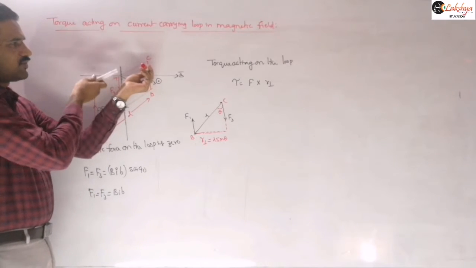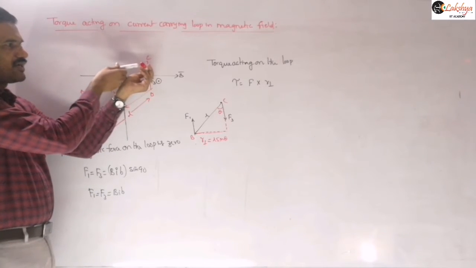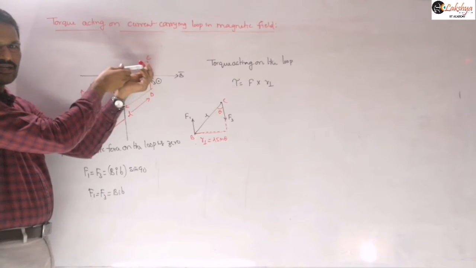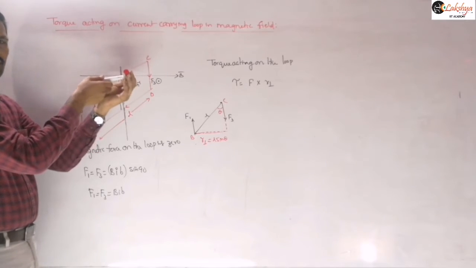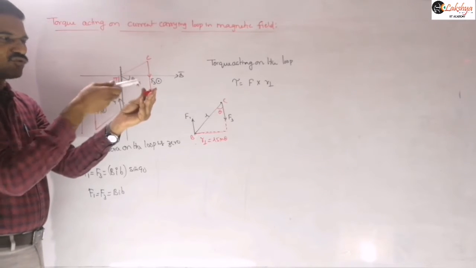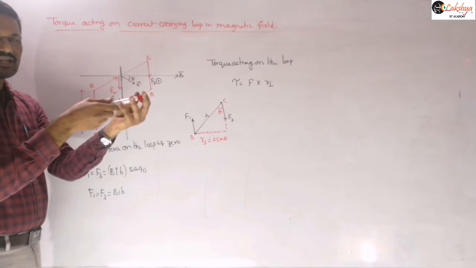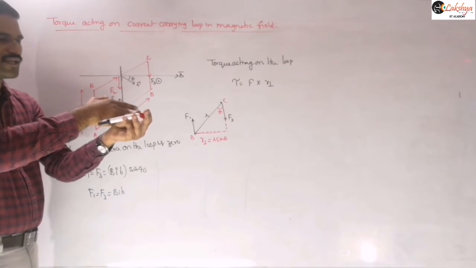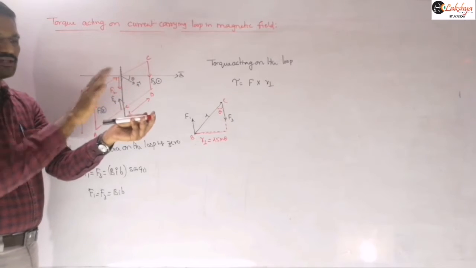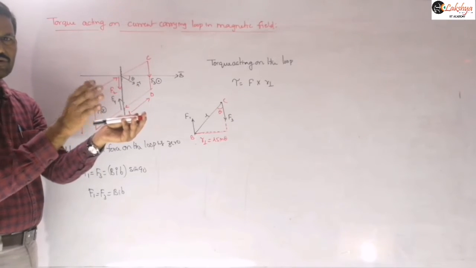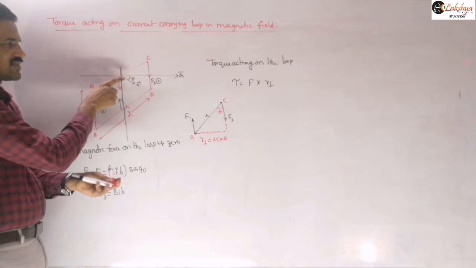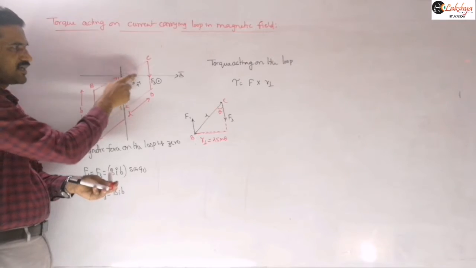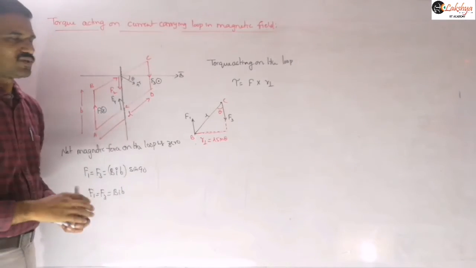If the magnetic field is there like this and the coil is there like this, you will get a right angle triangle with the plane of the coil. This is the force direction I am taking, and this is the magnetic field direction. The plane of the coil will be there like this. So you will get a right angle triangle, and this angle will be theta, because the angle normal to the plane of the coil is theta. So this angle and this angle will be equal, theta.